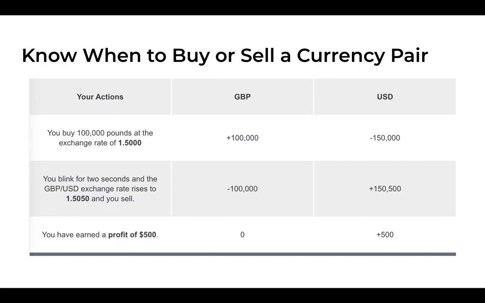So again, guys, this may happen in a couple seconds or a few minutes or an hour, and you're able to make $500 only putting up $3,000. So even if you only put up, let's say, $100, you're still able to make a large amount of profit in a very short period of time with margin. And obviously a bunch of other things come into play: planning out the trade, risk management, capital management. Those things are more advanced. We're going to get into that later, but you guys can start to see the magic behind trading Forex and how it can be so profitable in such a small period of time once you actually understand how to take